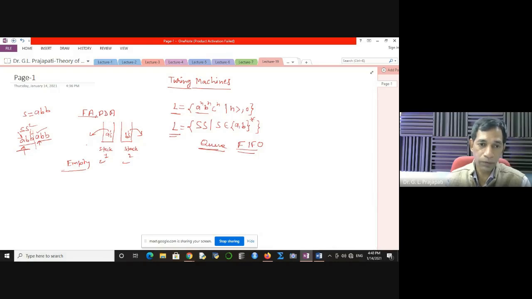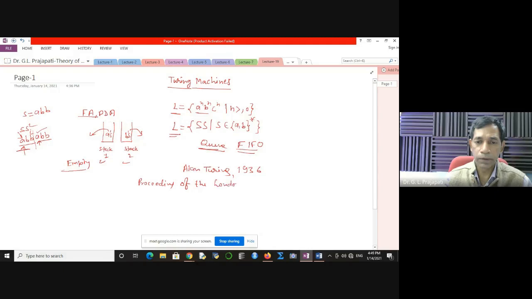Both the stack and the queue as data structures are models of computation. Here we see the Turing machine. Once you talk about the Turing machine, this is an abstract machine which is considered a model of computation, and the mathematician Alan Turing invented this machine in 1936, and in his paper in the Proceedings of the